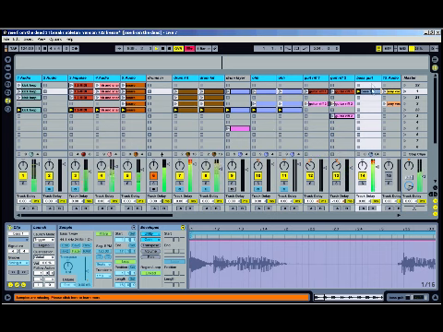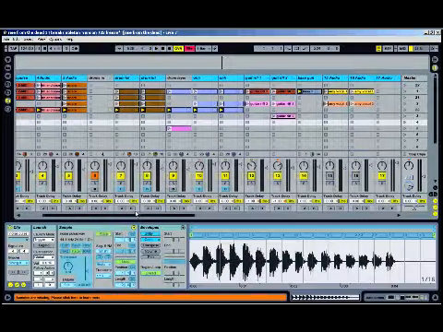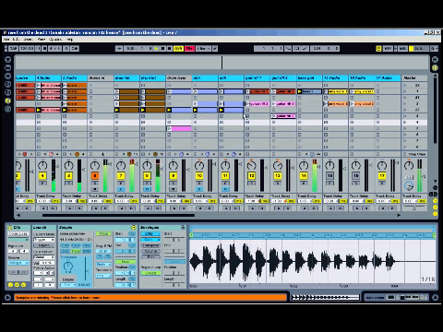Maybe I just want the bass part to come in next. So I'll say, okay, that sounds pretty good. So I'll just create another scene from those clips there and so forth. So basically, that's a very simple way that I can start laying out how my track is going to be organized for the arrange window. And then once I get to a point where I'm happy with my basic arrangement,